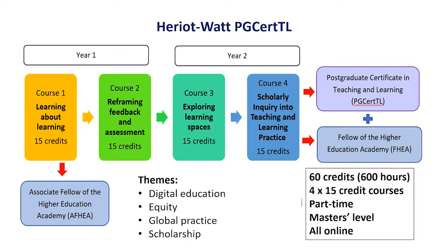So it's very much an authentic approach. The programme is taught wholly online and was always designed that way even before the pandemic. And it's focused on active learning. We designed it this way so that participants could join from any of our campuses in Malaysia, Dubai, Edinburgh, Borders or Orkney. And that global cohort really provides a richness and diversity to the programme, which has benefited participants and